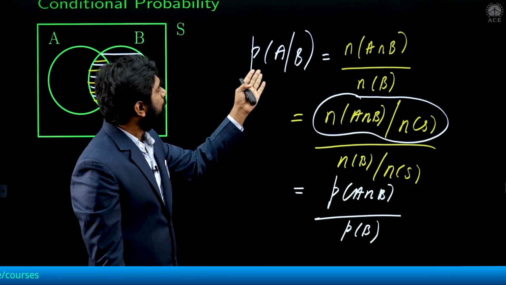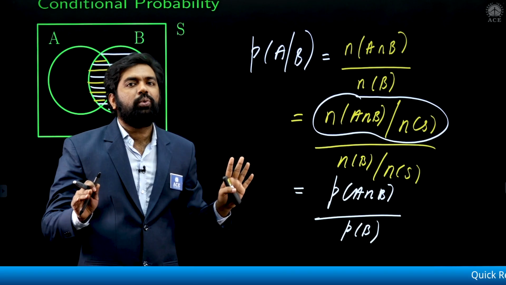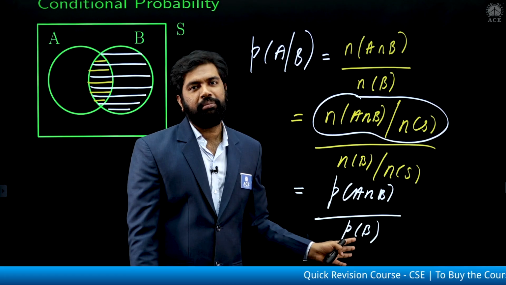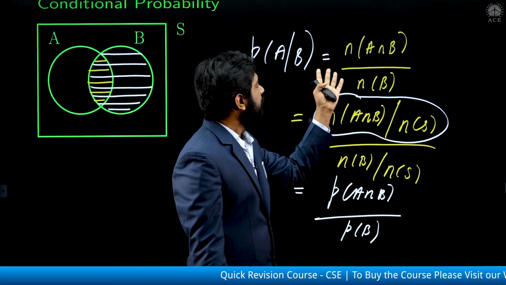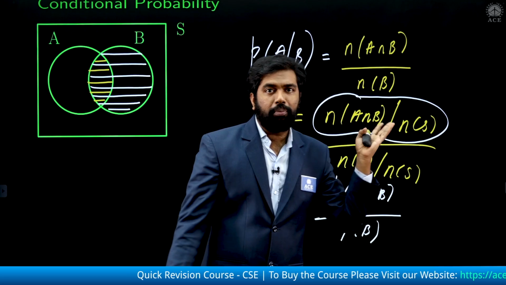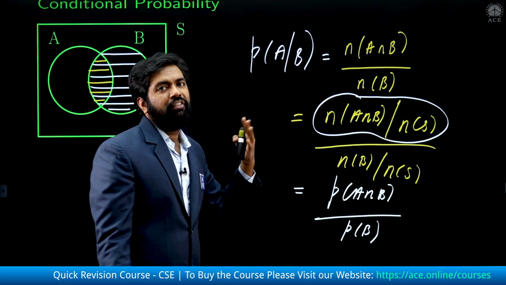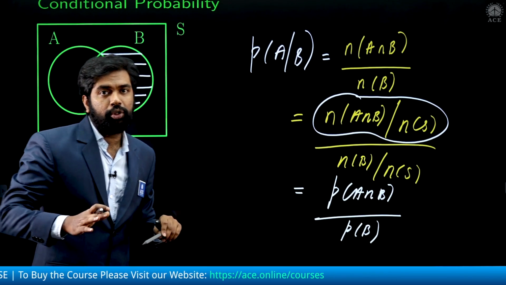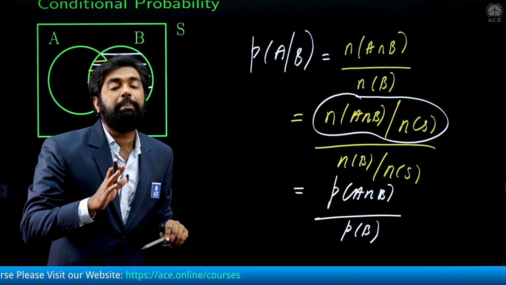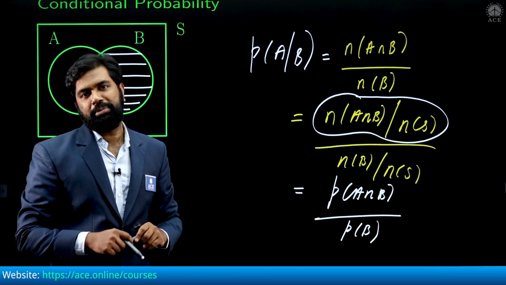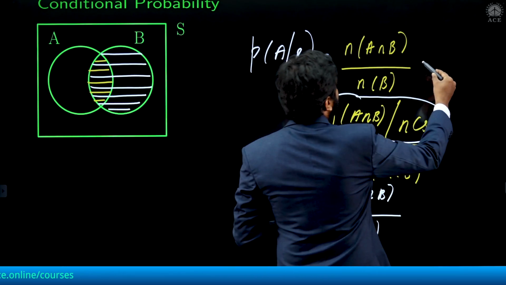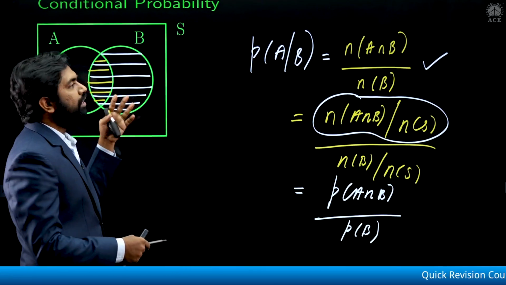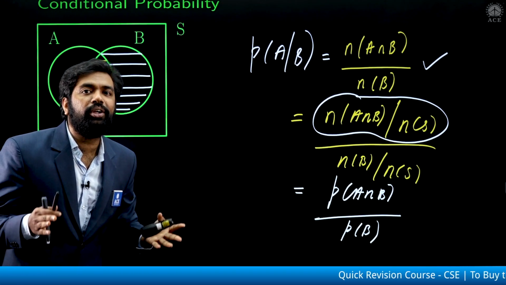So how do you find the probability of A given that the outcomes are only from B? It's simple. It's the probability of A intersection B by the probability of B. If you know this, that is the number of points in A intersection B by the number of points in B, that is going to be a very killer point in the problems. Whenever you are working with conditional probability, listen to me, it's better we work with the reduced sample space. It's better we use this expression for finding the conditional probability. So this approach, that is B acting like the reduced sample space, keep that in mind.